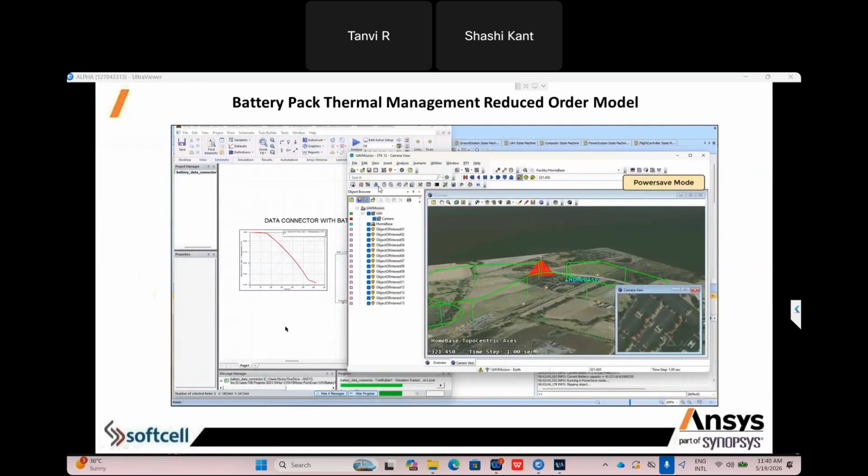This is one example of the eVTOL simulation in terms of path definition. You will have multiple high-rise buildings near the landing and reaching locations, so you can identify which path will be more efficient. And one more thing, you can also integrate the airflow.